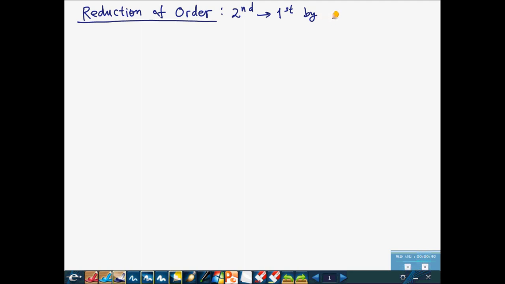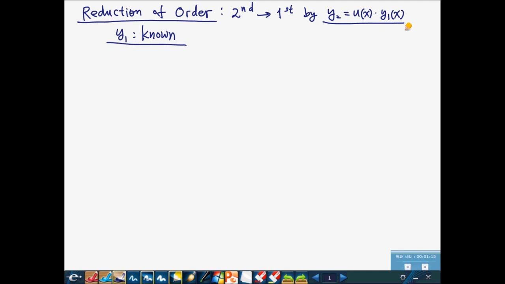By assuming y2 is a function of x times y1, which is a function of x. Okay? And the assumption is y1 is known. Either you find it or somebody finds it for you, and it's already known. It's given. Right. If that's the case, let's